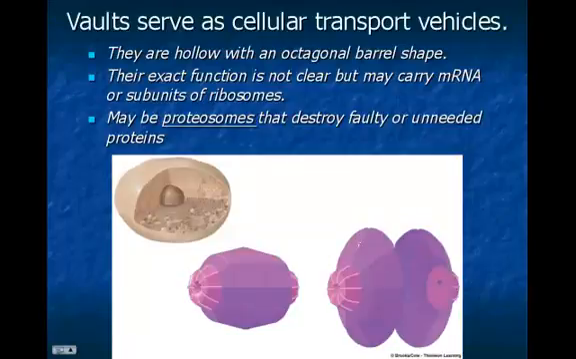Okay, so now let's get back to talking about our organelles. Another organelle that we haven't talked about yet is an organelle called vaults. Vaults are what we call cellular transport vehicles. These are kind of hollow, octagonal, barrel-shaped structures, and this is kind of a fun one to talk about,